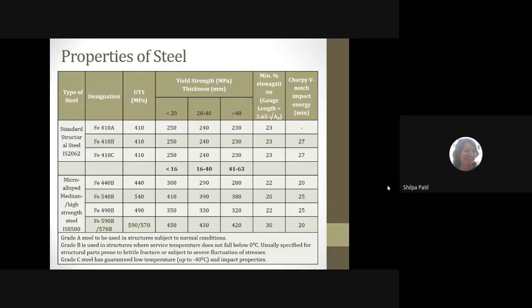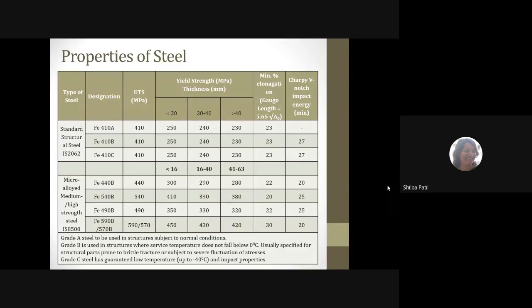We have to deal with the properties of the steel, which material can be used for construction. There are n number of steel grades available in the market, and the uses of steel are also different. But all the steel material or all the steel grades available in the market cannot be used for construction. The steel sections having specific properties only can be used for construction or erection of the steel structures.